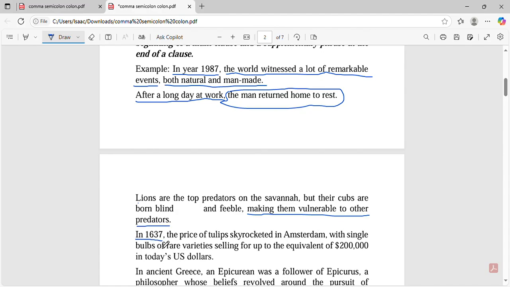In 1637, the price of tulips skyrocketed in Amsterdam, with single bulbs of rare variety selling for up to the equivalent of $200,000 in today's US dollars. Okay, so this is the main clause. The price of tulips skyrocketed in Amsterdam. So this is an introductory phrase. Then this one here, down to this point, is a supplementary phrase. So you separate that from the main clause using a comma. And you can see other examples,